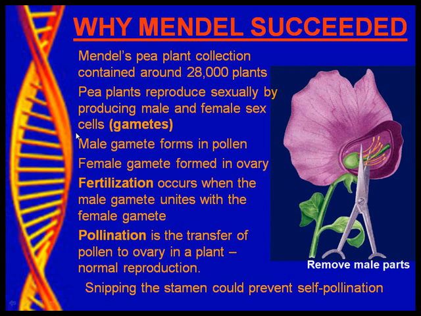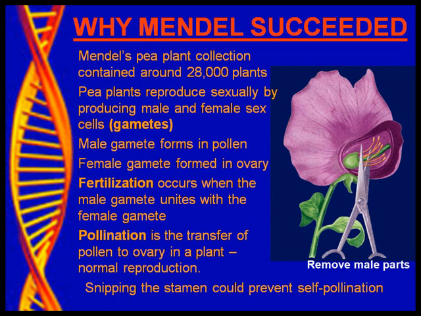And pea plants reproduce sexually, just like people do, making male and female gametes, sex cells, just like we talked about in meiosis. The male gamete forms in pollen, and the female gamete forms in the ovary. And fertilization, like we've already talked about, occurs when the male gamete unites with the female gamete. So pollen, or parts from the pollen, the sperm, are forming with an egg. And again, these are plant parts, but very similar to how it works for you and I. Pollination is the actual vocab term that refers to the transfer of pollen to ovary in a plant. This is how normal reproduction takes place, and you can see some plant parts there.